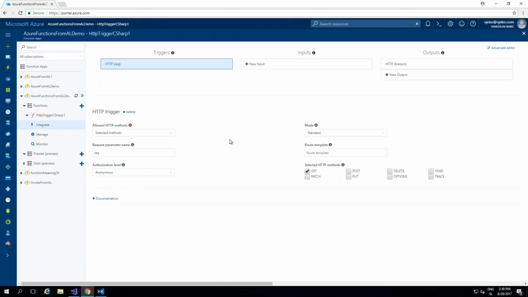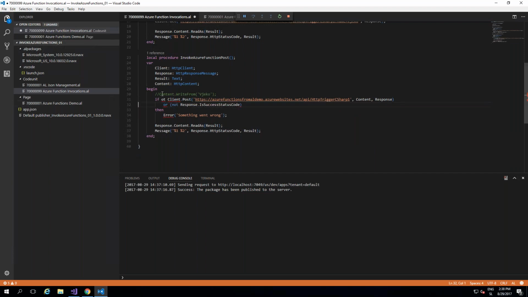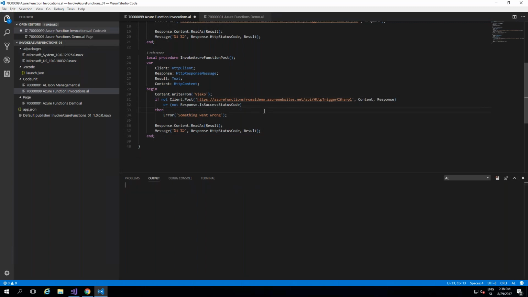So let's take a look at some other examples. I'm going to put post back in here, and then I'm going to put my post code, if not client post, and then I will just remove this part. So I'm posting the data in here, and so now I will run my code again. And here I will see that it will still fail with something went wrong error,